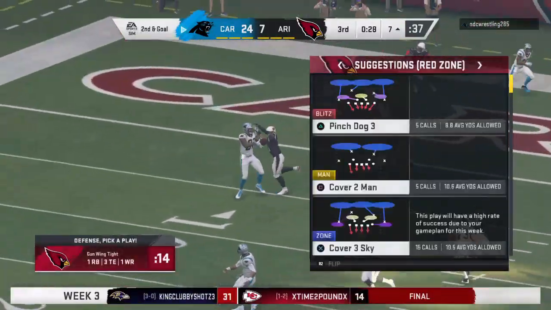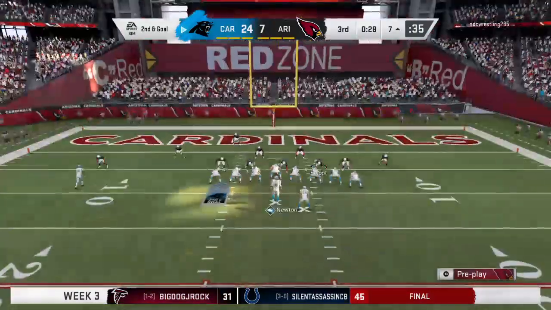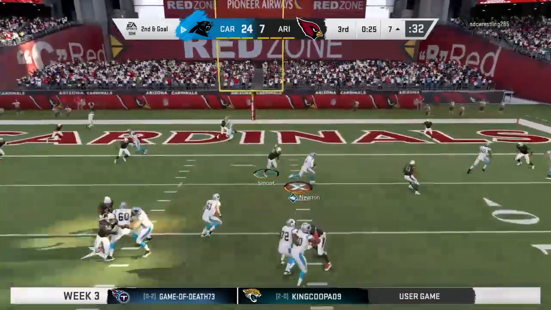And now a throw on 1st down there, but it's incomplete. I know tight ends love this route because a lot of times they'll fake a block first and get a little bit of space and then come across the middle because in their mind...